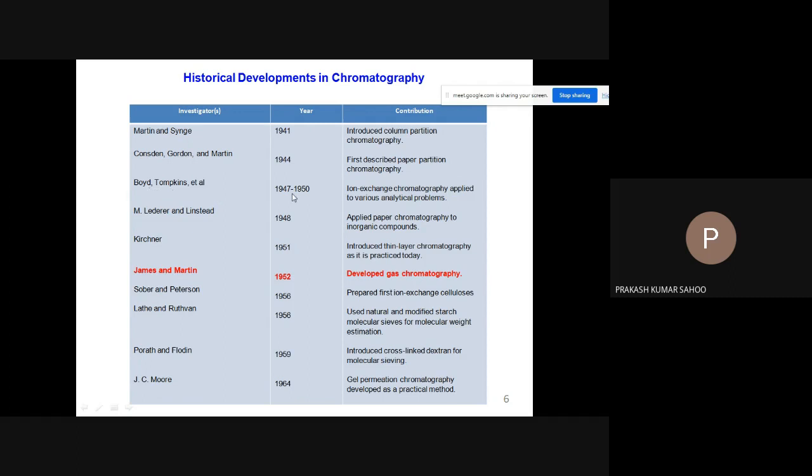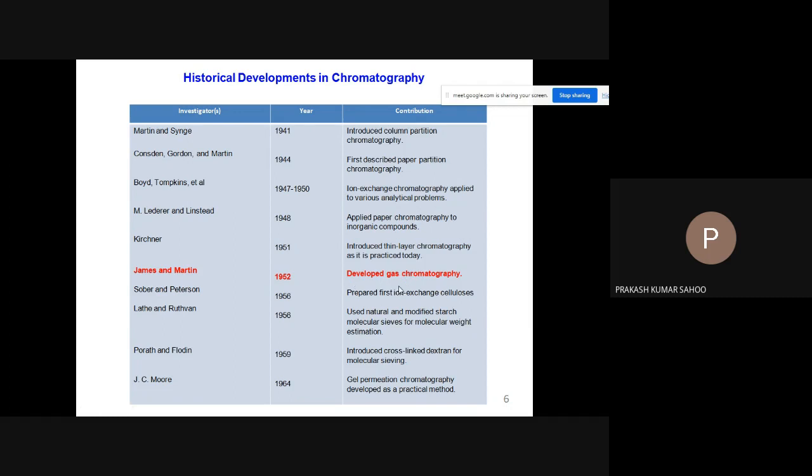Then Boyd in 1947-1950 applied ion exchange chromatography to various analytical problems. Then Lederer and Lindstedt in 1948 applied paper chromatography to inorganic compounds. Kirchner in 1951, it is TLC that we have practiced today. This is a very popular and widely used method for the basic separation of the components. Then we have James and Martin in 1952, who developed gas chromatography, that is GC, which is equipped with the MS mass